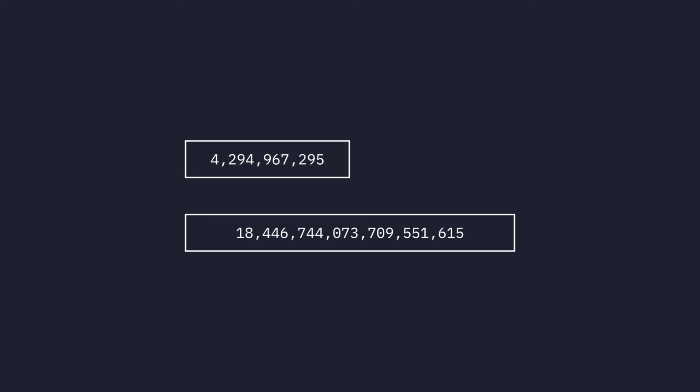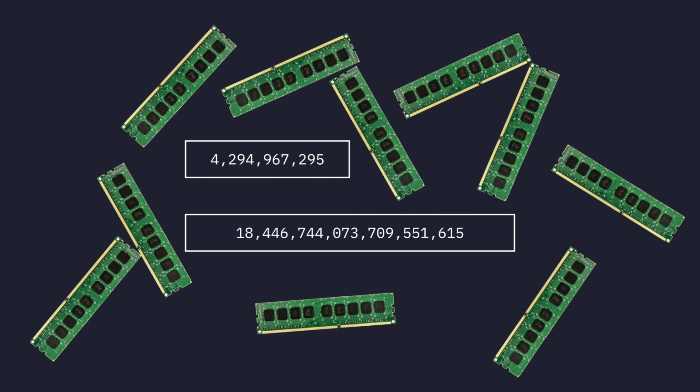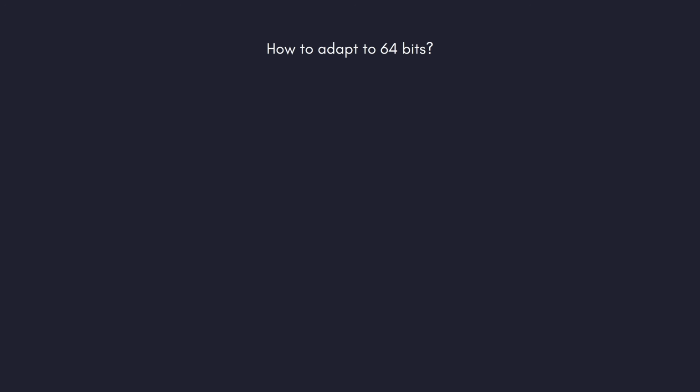This also affects other things such as, for example, how much RAM is available. On a 32-bit system, we have a total maximum of 4 gigabytes of RAM. On a 64-bit system, well, it's actually so much RAM that we don't have to worry about it for the foreseeable future. Now, we probably want to use 64 bits then, since this is the standard in the year 2025,